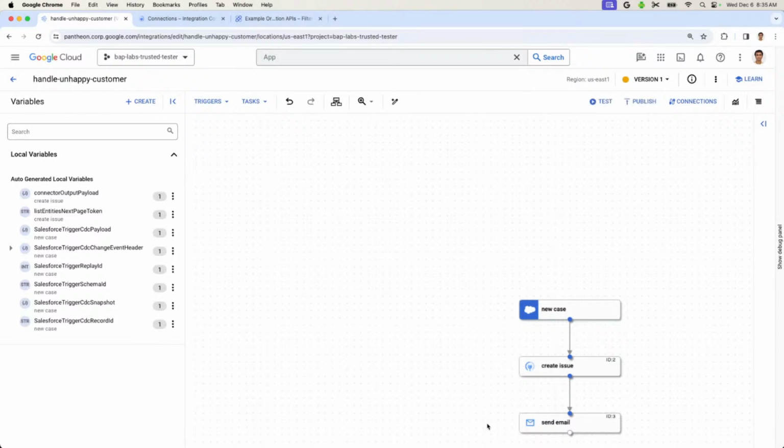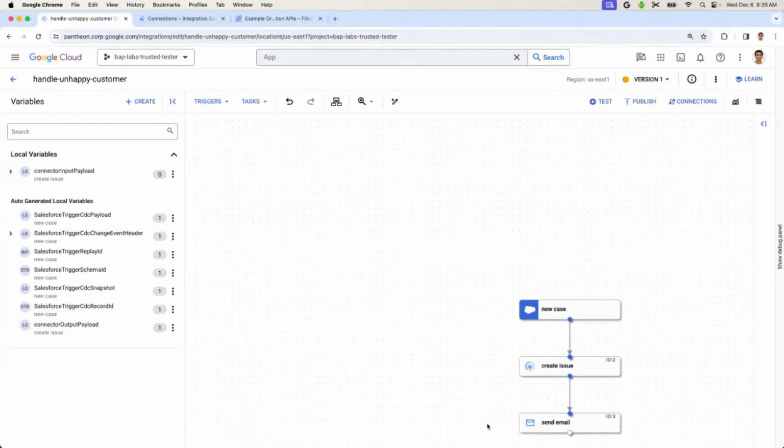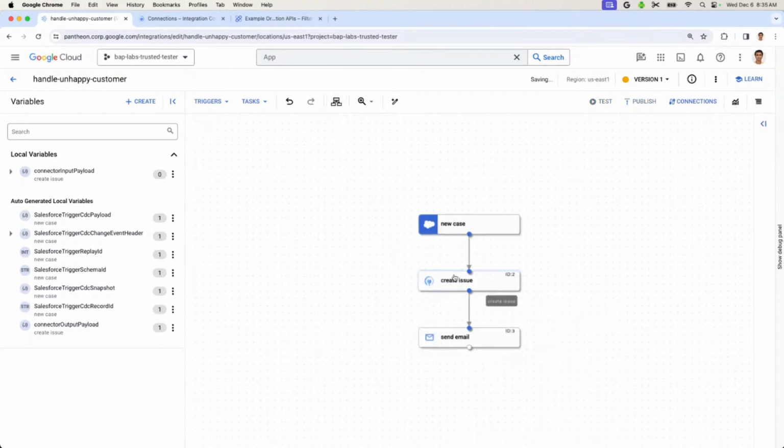If you remember the prompt, I never said to use Salesforce as the trigger, right? I just said in natural language, whenever a new case is created. It automatically understood that it has to translate that into a trigger, which means that whenever a new case is getting created in Salesforce, it needs to trigger this particular process. And then it went on to create an issue and of course notify the support team. A couple of key highlights here: I said Salesforce and I did not say a trigger. It automatically created the variables required to get the Salesforce data into the automation flow.